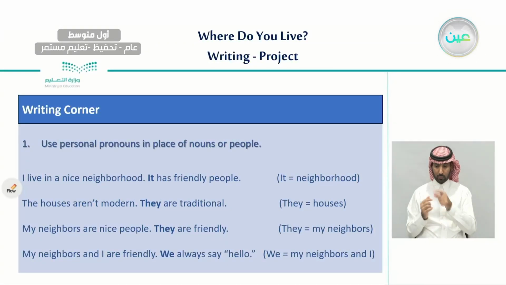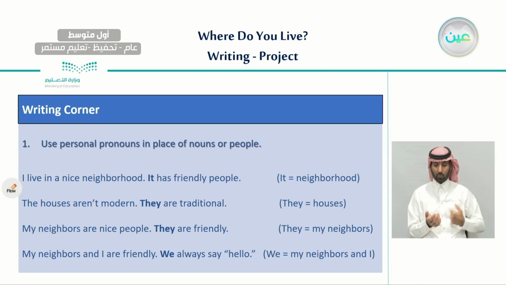Now, a couple of interesting things we need to highlight, which are the personal pronouns that replace nouns of places or people. In English, when we write, sometimes we don't mention the name more than once. We use instead something we call personal pronouns. We use these to replace the nouns of a place or of people, so we don't repeat them. I'll give you an example.